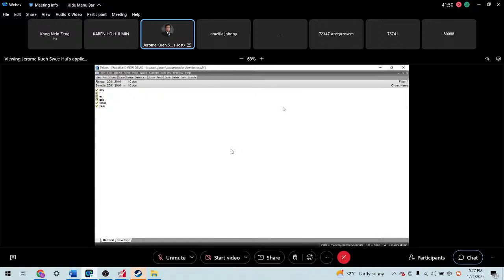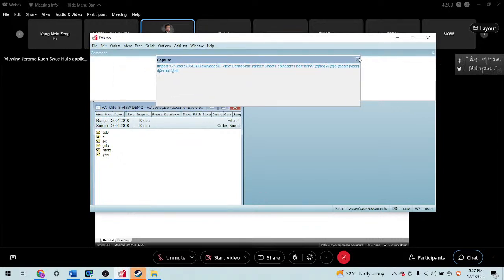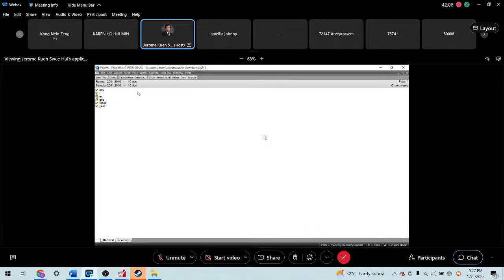So now, assuming you already know how to transfer from Excel into eViews, we need to understand the data and how we can instruct eViews to do the work for you. Because eViews can handle a large sample size and more data, and do the complicated analysis for you. But you must provide the correct command, or click the correct buttons, to instruct eViews to do the analysis for you. Okay.